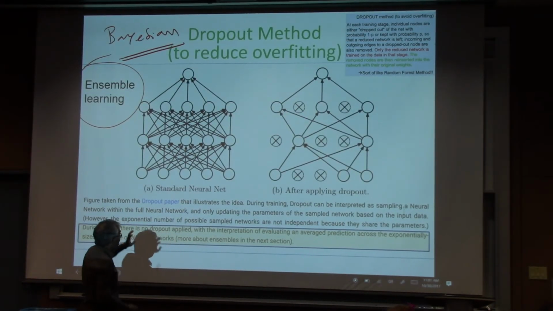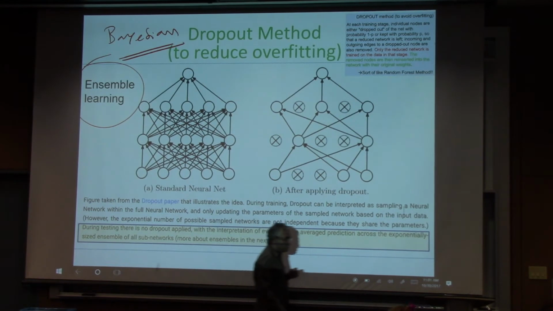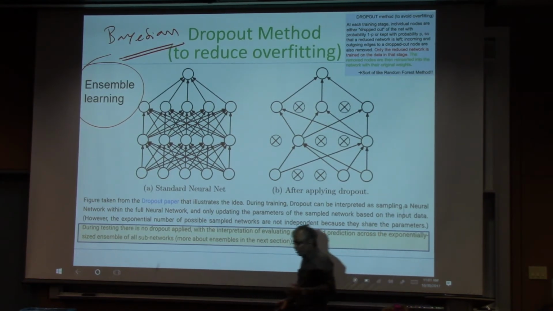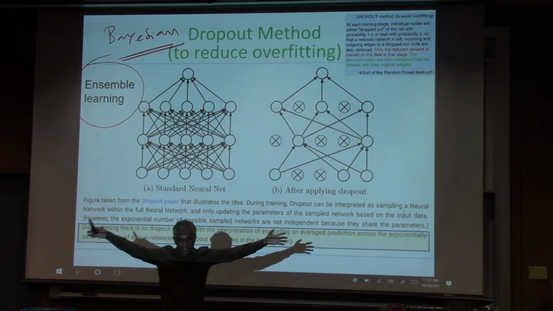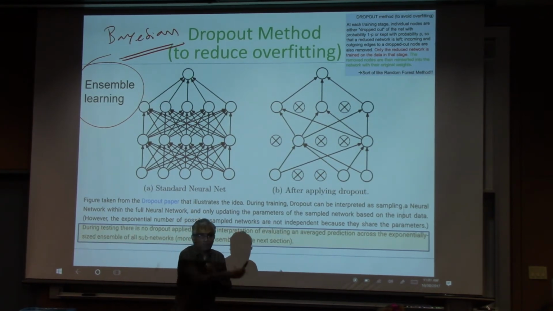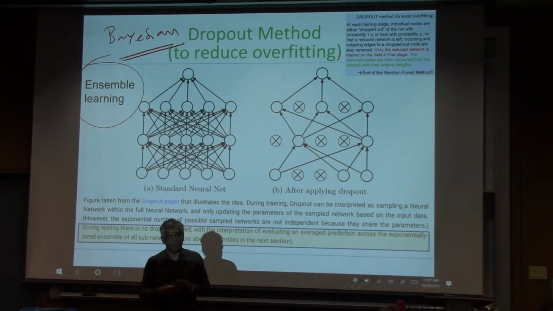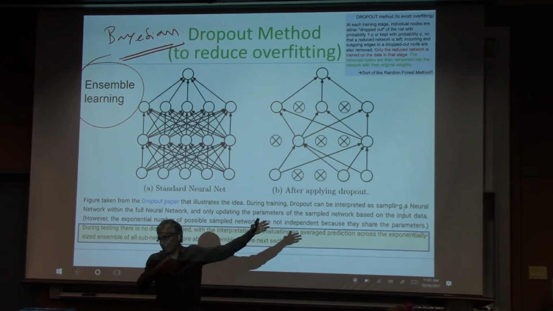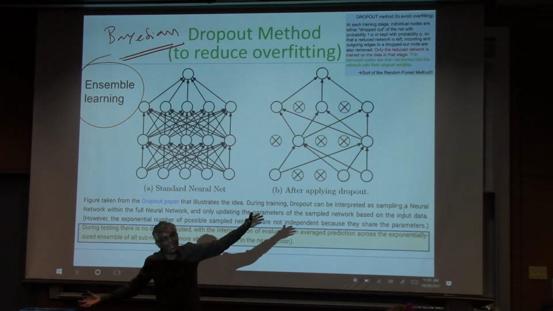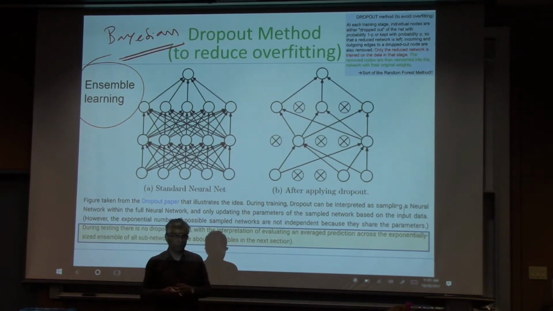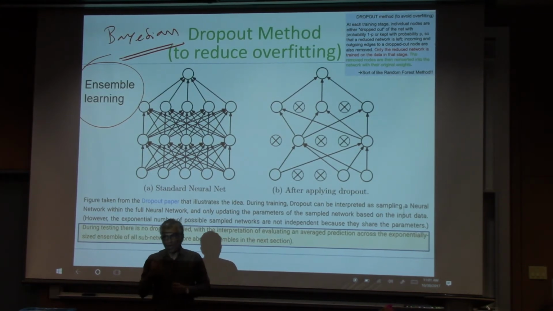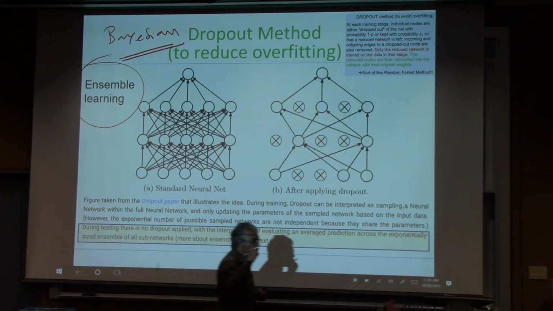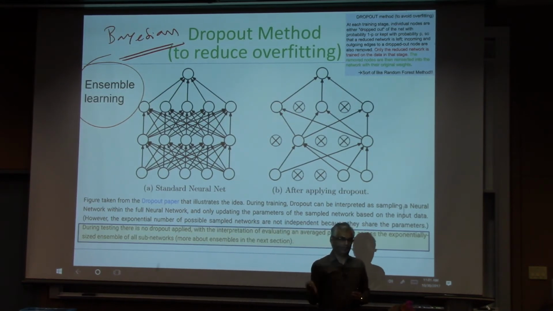Now, one version of Bayesian learning in the context of neural networks will, as I said, involve starting with 100 or 1,000 different networks, training all 1,000 networks on the data, and then actually keeping all 1,000 networks, and when a new sample comes, ask all the 1,000 guys and average their prediction. That's what you want to do, but it's too costly. What Dropout does is a beautiful way of approximating that idea. It only keeps one network,